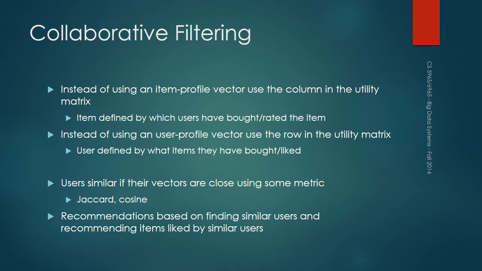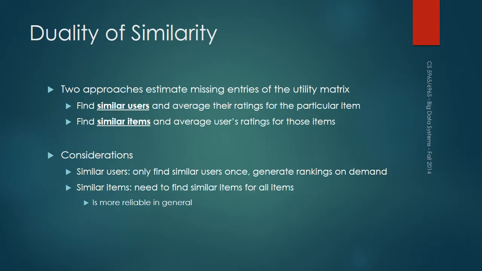So yeah, the general idea is the recommendations themselves are based on finding similar users and then recommending items liked by similar users. So you try to find other users who have purchased items similar to you or have watched the same kind of movies, and then try to recommend the other movies which you might not have watched or products that you might not have purchased. The important difference here is that